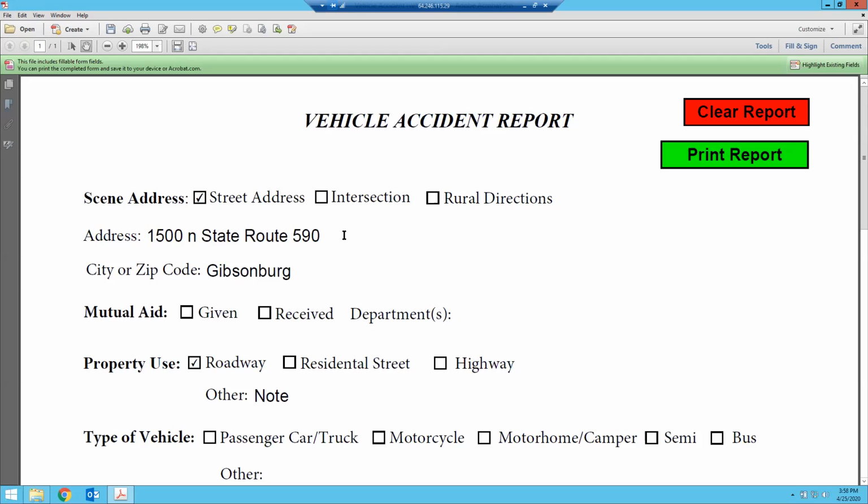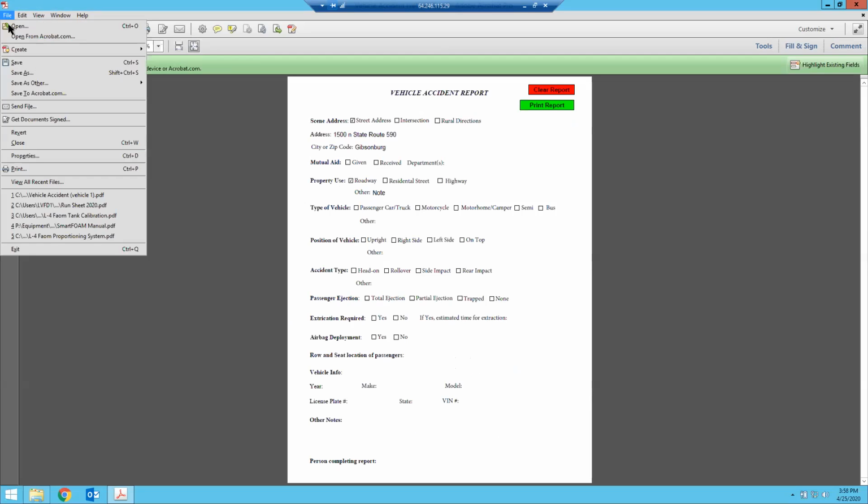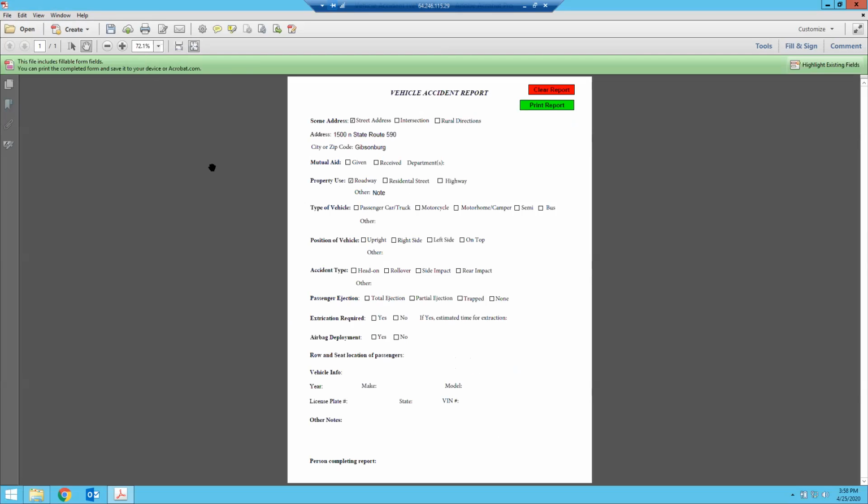If I want to see the whole report as one page, in Adobe, there's an icon at the top that has these arrows. By clicking that icon, you'll see it says Fit Full Page to One View. By clicking that, it puts the whole thing in one view so I can see the whole page at one time. Again, once I get everything completed and I feel confident that that's the information I want on my report, I'm going to go over to File and Print, and the print box will pop up,